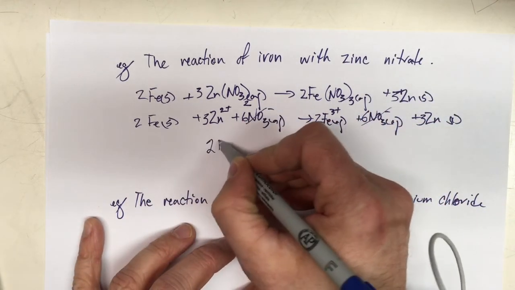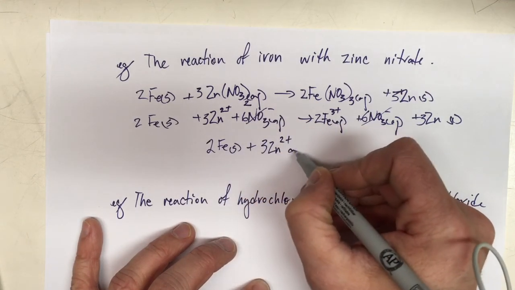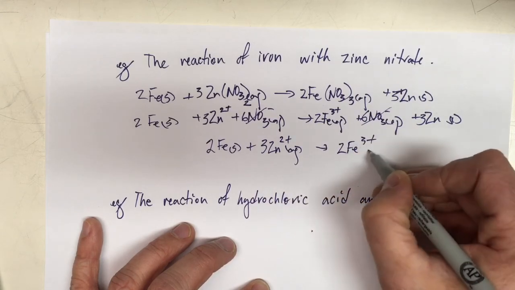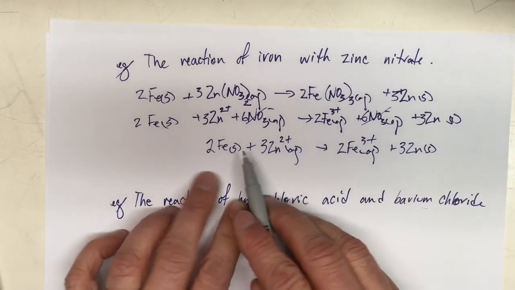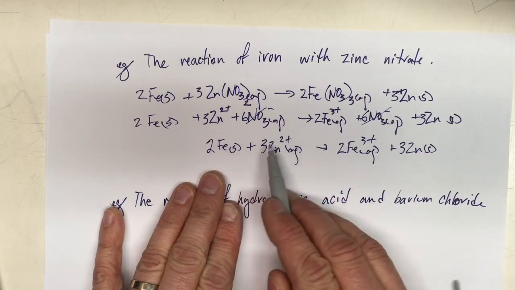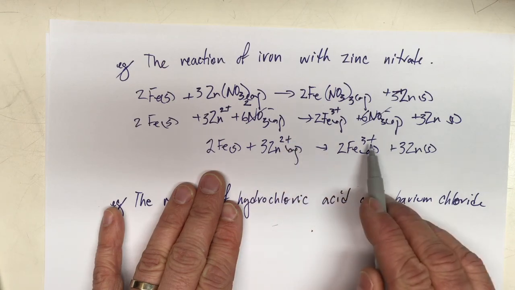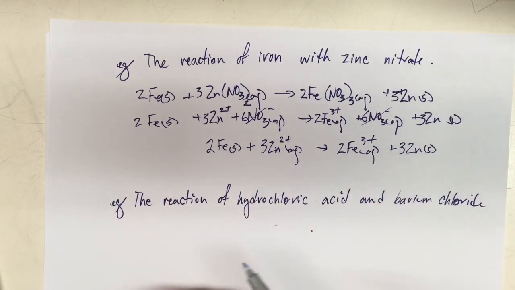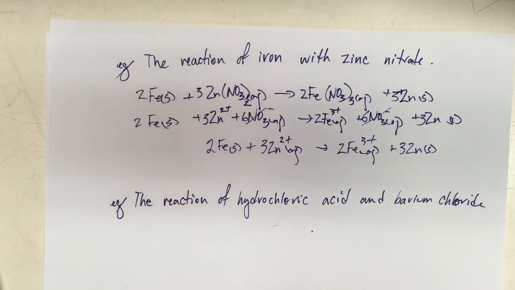So my net reaction is 2 iron plus 3 zinc ions produce 2 iron 3s and 3 zincs. One of the interesting and important things is that the net charge here is the same as the net charge here. So we have 3 times positive 2 gives me 6 positives, and 2 times 3 positive is 6 positives. So it's 6 positives on both sides, and we have an equal number of atoms as well. So it's all balanced out nicely. We'll go through